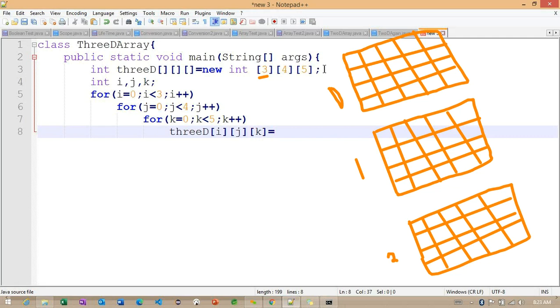I'm initializing with the help of i, j and k, with the multiplication values. Otherwise, we can take any value or declare any variable if we want to initialize with different values instead of these index values.